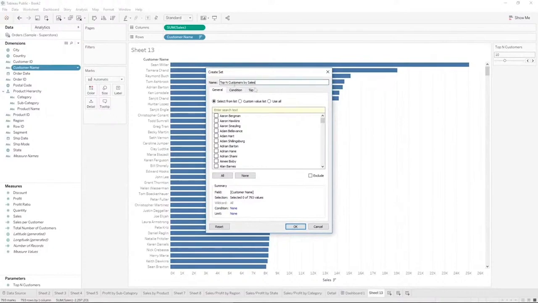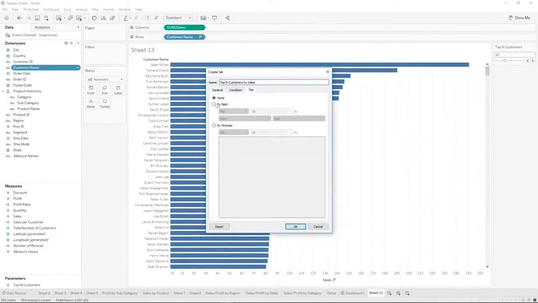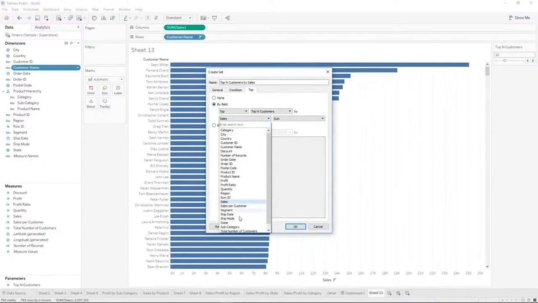So we're going to allow them to select the top N customers and have that select our top customers by sales. So we want this set to include anything that is in the top, however many they define by the parameter, by sales. So you can come over here to top and change it to by field. We want it to be top, but not just top static 10. We're going to click here and our parameter shows up. So it's going to be Top N Customers. And then you can choose another field here for it to be defined by, and it's sales, and we want it to be by sum of sales. If we wanted it to be by